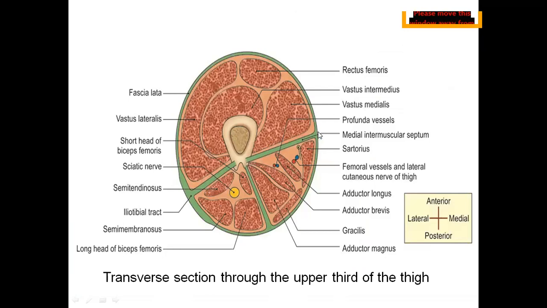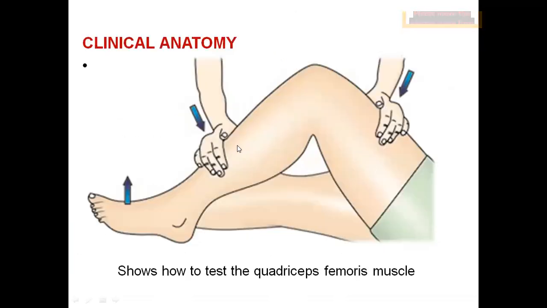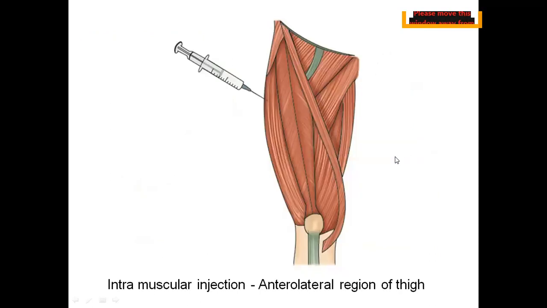So these are our intermuscular septa, and this is our front of the thigh, and you can see various muscles. I told you, below rectus femoris we have vastus intermedius. This is vastus medialis, this is vastus lateralis, right? Now, in order to check if the quadriceps femoris muscles are working properly or not, we generally flex at the knee, and we hold these muscles under our right hand and check the strength of the muscles. We are just doing the flexion and extension. This is how we check the quadriceps femoris muscle.